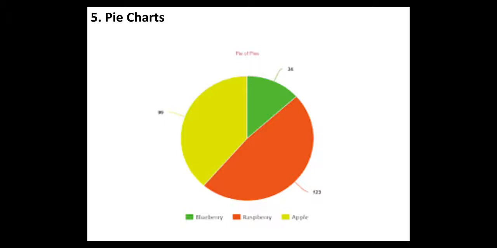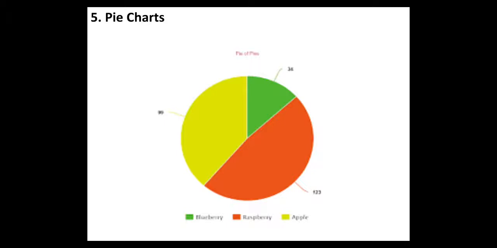The researcher wants to understand the parts of a whole. That means how we are dividing a whole into parts. It is a good practice to order the pieces of the pie according to size, and always ensure the total of the pieces adds up to 100%. That means we take the whole as 100%, and the groups are represented as percentages of that 100%, which I can mention in the pie chart.